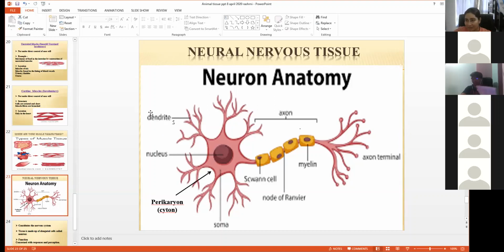That means the dendrites will receive, and the axon will pass on the message to another dendrite. Okay, so we receive the information at the dendrite. The information is processed in the nucleus. It will pass through the axon. Okay, now students, these are the protective cells. The Schwann cells are the protective cells. They are protecting the slender part from any damage, so that this slender part, the axon, does not get damaged. This is why the Schwann cells are present. It helps in protection. Now, the information will pass on to the axon terminal, and from here it will be passed on to another dendrite.